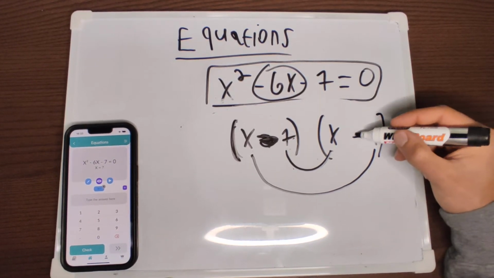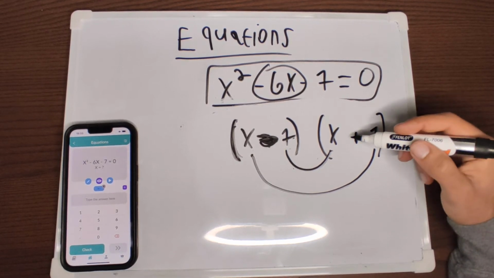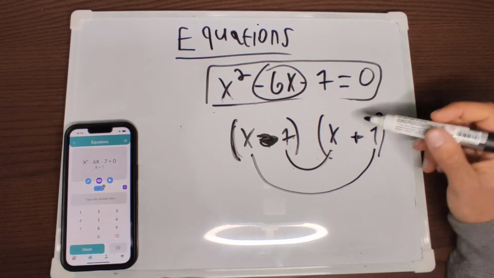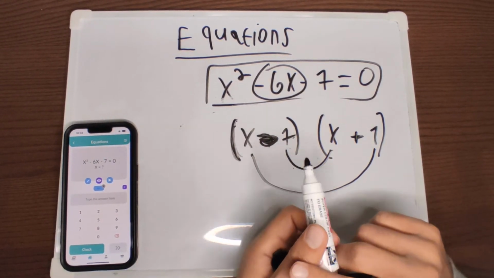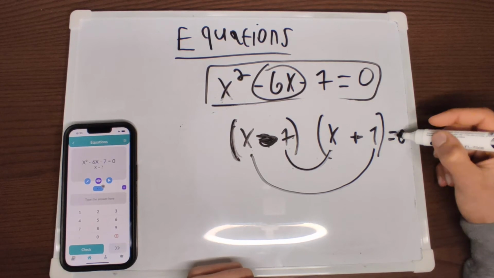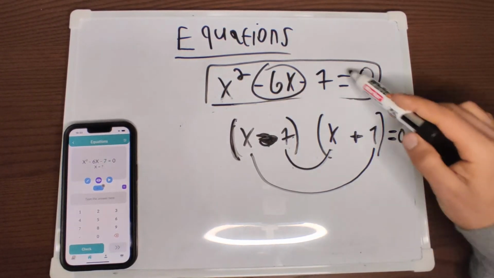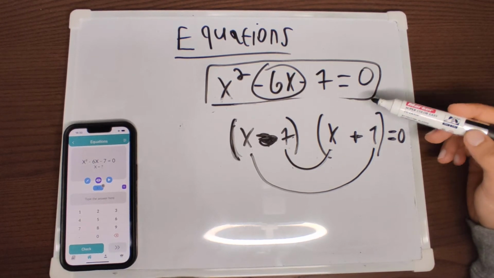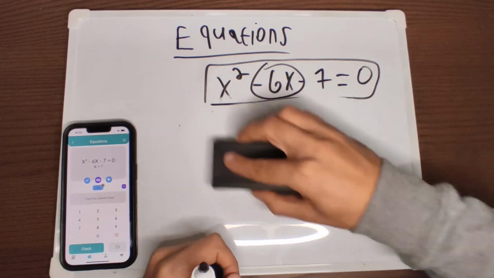So we will take this one and put plus next to it. So minus 7x plus 1x results in minus 6x, and then we can solve this equation. So let's take a look at another example